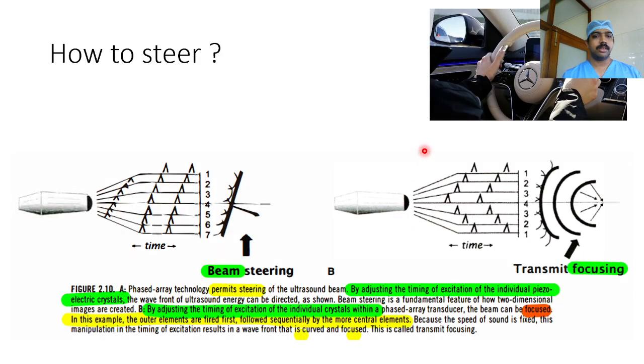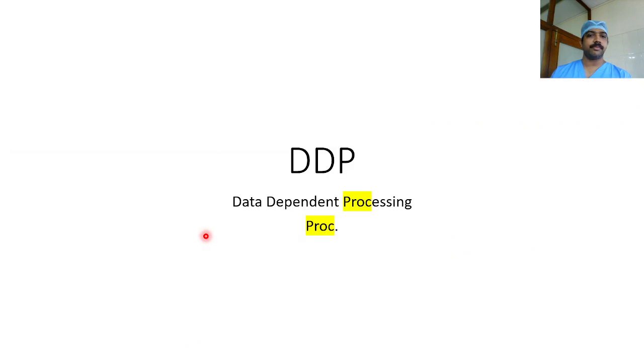And another option with M mode is the steer. That is, if we are not able to keep it parallel or something, there is a button called steer which we can use to steer this beam like driving a car. So this is the steer, beam steering. So with that, M mode also we can utilize this steer function.